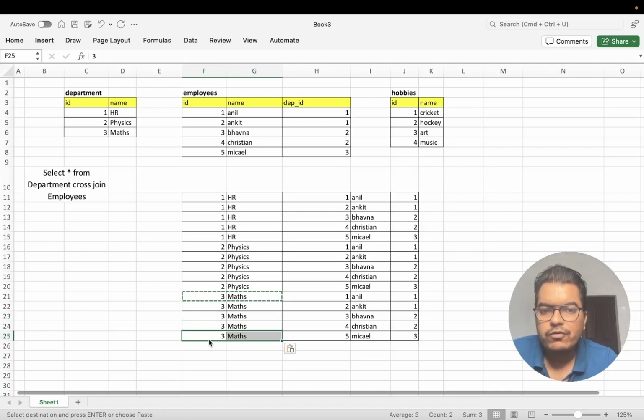But this join is of no use in real life, because what we really want is only the employees belonging to their own department. In real life we want this kind of thing only. There has to be some common parameter between these two tables. If we really look, Anil and Ankit belong to one department, Bhavna and Christian belong to two department, and Michael belongs to the third department, mathematics. So when we have to do this kind of join,